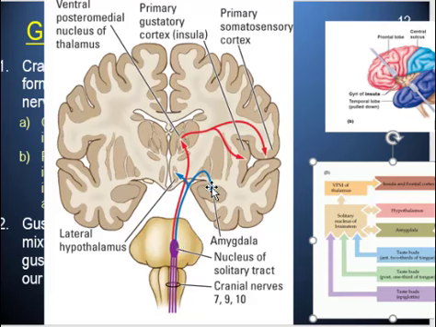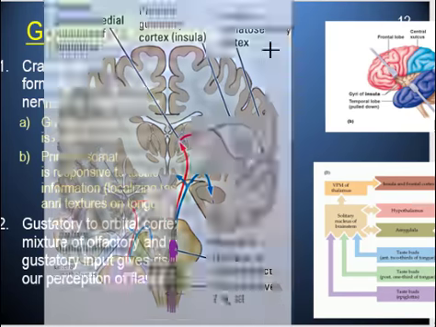It is going to still be processed by the amygdala. It is going to still go through the thalamus, and it is then going to be processed again in two ways. You have the gustatory cortex, which is the insula. That's the part actually processing the taste. But then it's also going to be processed for texture. That's the feeling part over in the primary somatosensory cortex. So it kind of splits itself up. And again, that's the job of the thalamus, to send touch information here, taste information here. So again, that's why we had that thalamus.